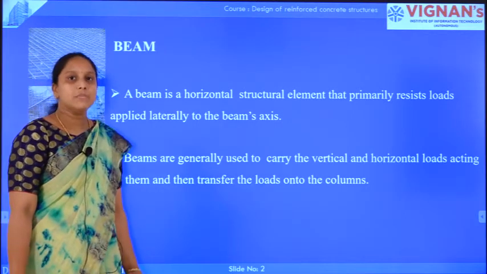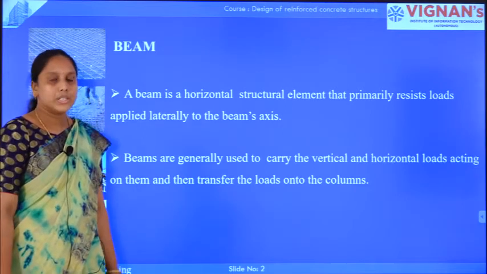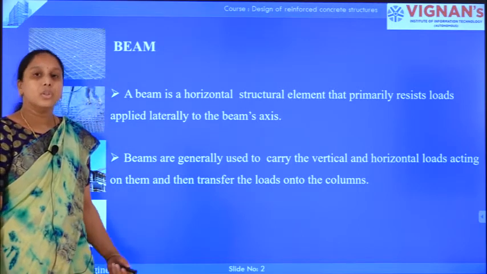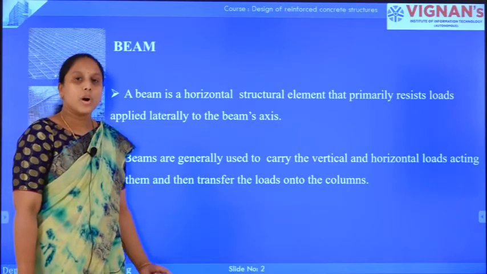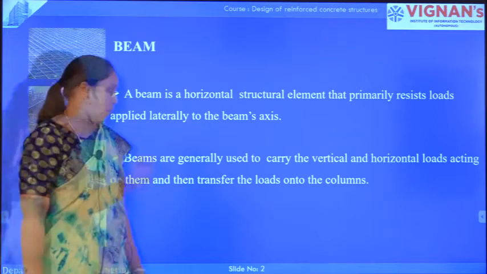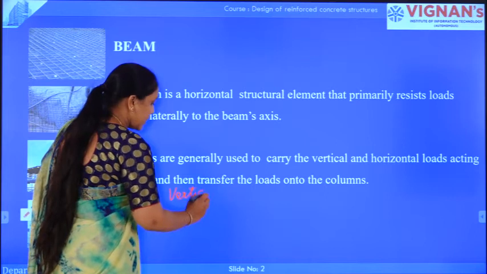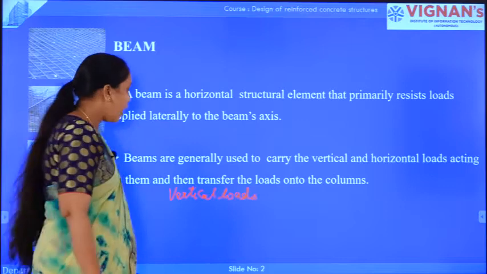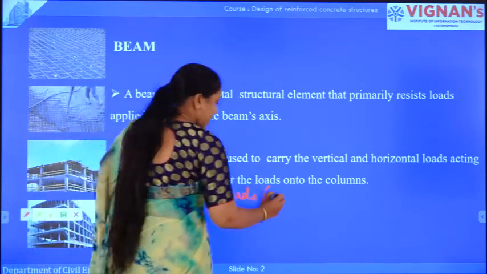Now, for what are beams generally used? Beams are generally used to carry the vertical as well as the horizontal loads, and then those loads are transferred to the columns. So, what are the vertical and horizontal loads which are acting on the beam? Let us see now. The vertical loads which are acting on the beam can be the